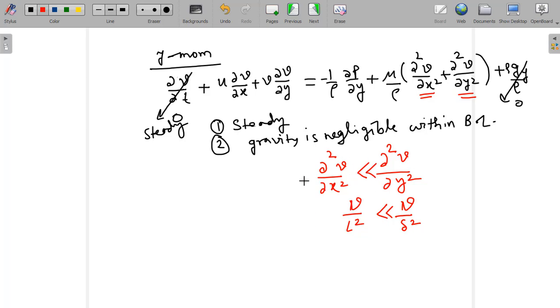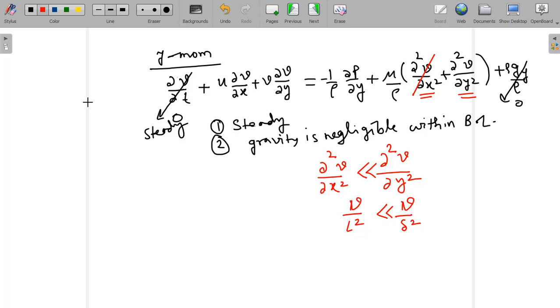That means this term can be neglected with respect to the other term. So the first term can be neglected with respect to this term, because this term is very large within the boundary layer because of the boundary layer assumptions. Remember, the boundary layer assumption is an assumption based on which we are deriving something, but